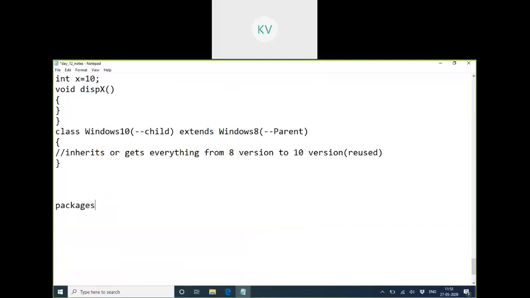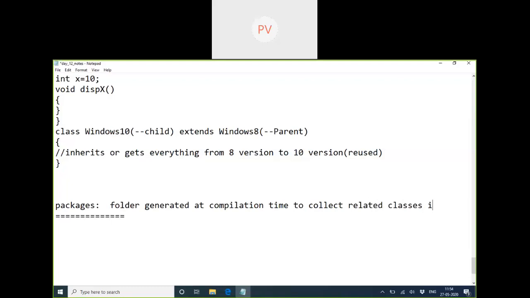Now what is a package, right? It's nothing but a folder generated by compilation, to store classes, or we can say to collect related classes into one package.